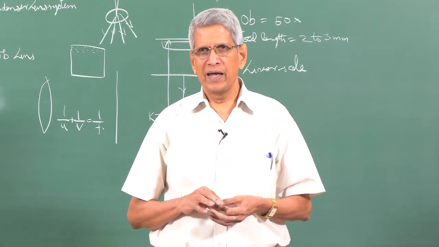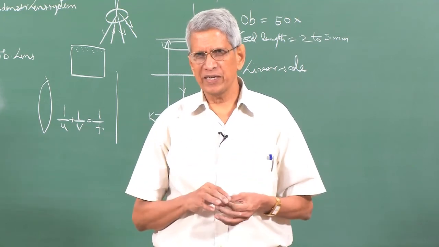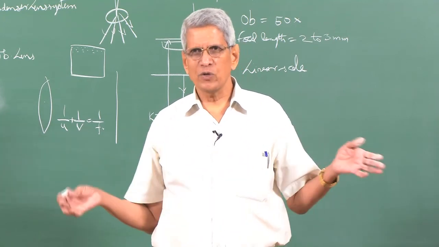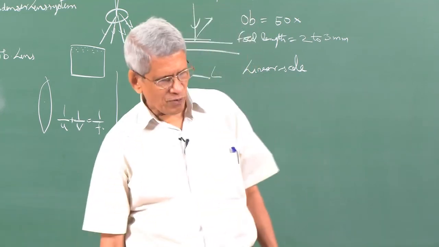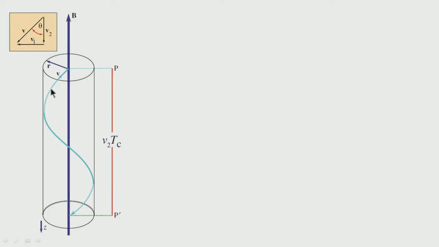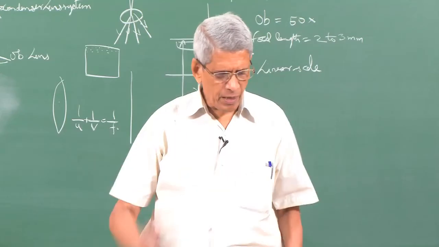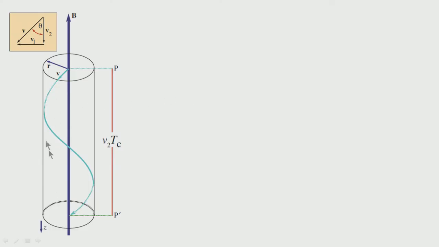Okay. As I mentioned, so far we have almost covered the various components of the microscope. Okay. And since we are using an electron beam, we can't use a glass lens, it will be absorbed. So, we have to use a lens which can deflect electrons. Okay. So, we can have either an electrostatic lens or an electromagnetic lens, and in a microscope we use an electromagnetic lens.